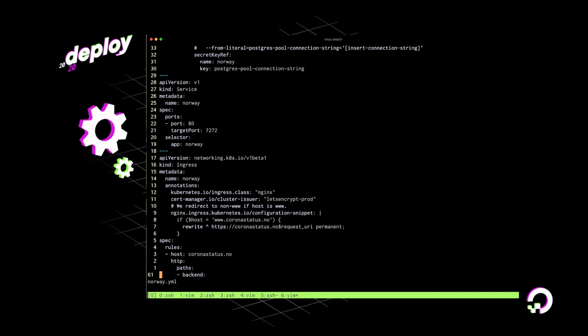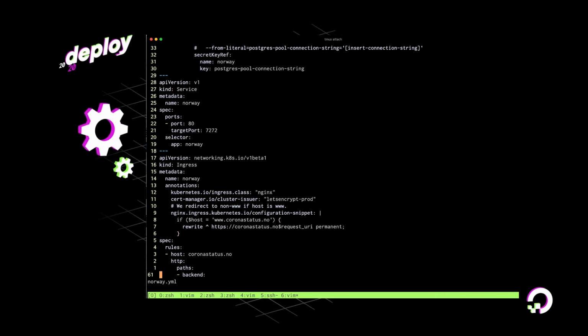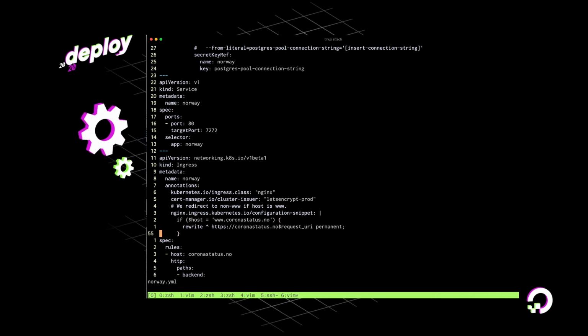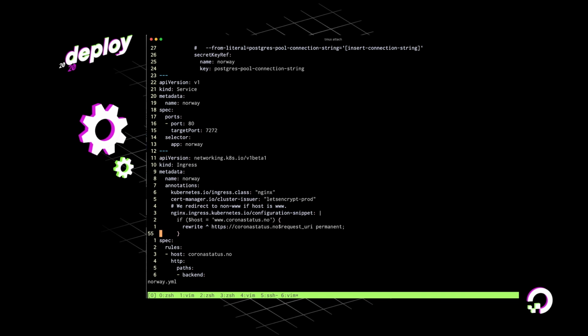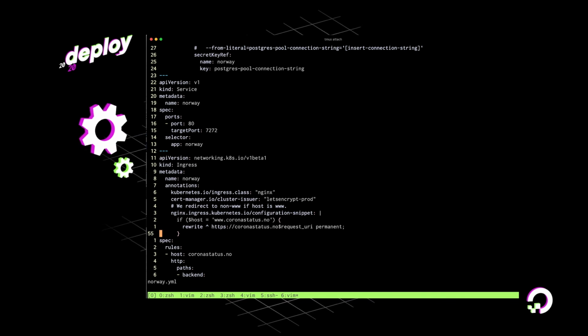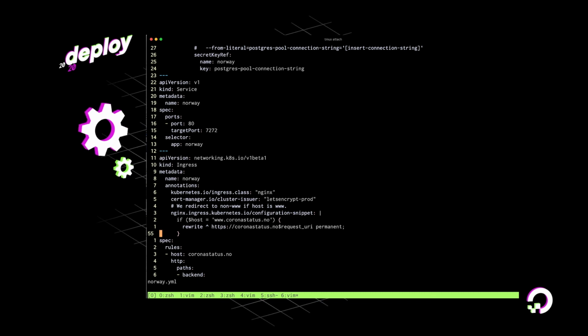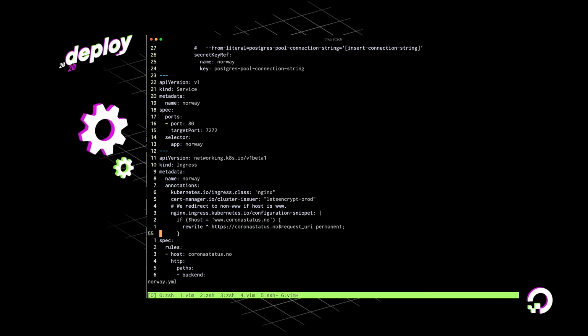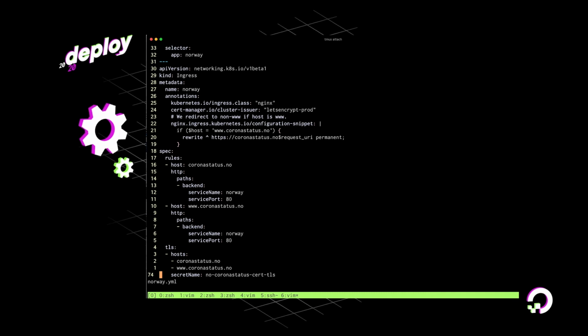So this would be the equivalent to what you were looking at when I showed you the Nginx configuration file for the web server. Instead, here we use the Nginx ingress and we describe what domain we would like for the Norwegian site to have. And in case you're hitting the domain with a www in front, we'll rewrite the URL to coronastatus.no and redirect you.